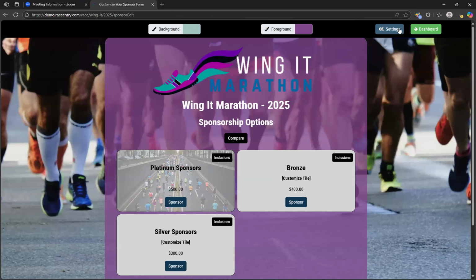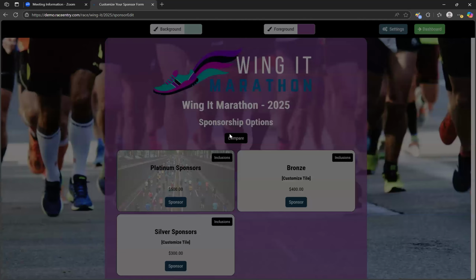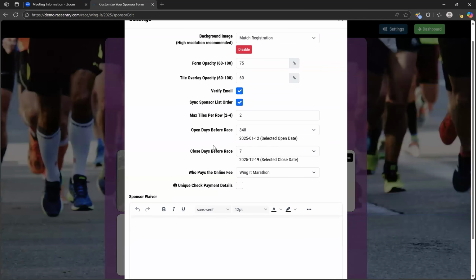So in the settings on the edit form, you'll see we have some sales settings here. You'll decide when you want to open sales, how many days before your race, and when you want to close sponsorship sales, again, how many days before your race. And then you'll decide who pays the online fee. It defaults to your event, but you can have the cardholder pay the fee if you'd like. And then